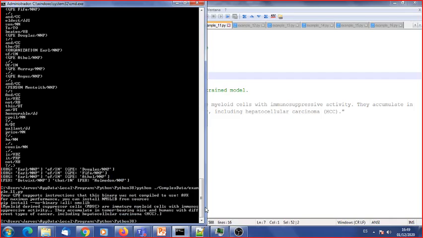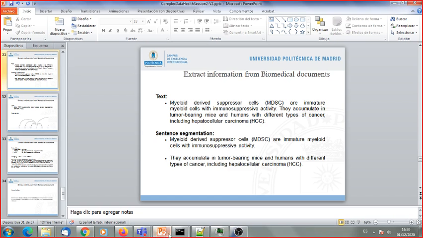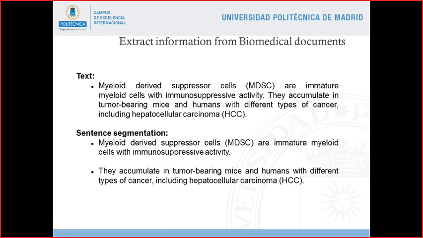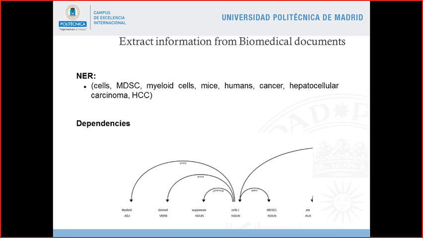So in this case, I have the text. The first thing I did is to break the text into sentences. We have two sentences: myeloid-derived suppressor cells, and they accumulate in tumor-bearing mice. Once we have the sentences segmented, we apply the named entity recognizer, and here I detect